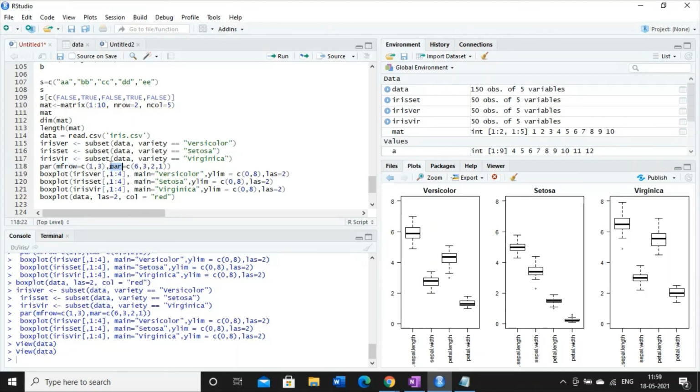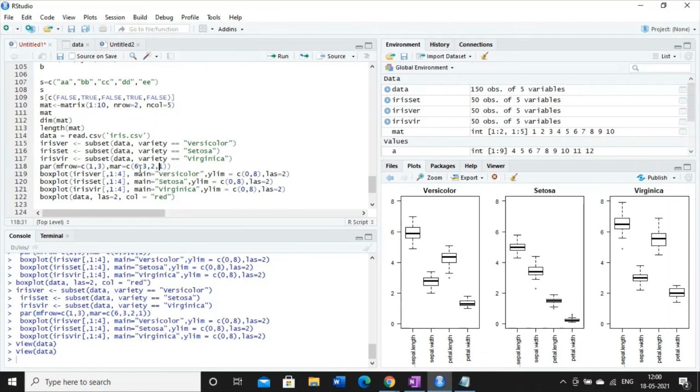And mar stands for margin. It is used to fix the margin size in the order: first the bottom, then left, then top, and then the right. And where should I get these values? I have written these values arbitrarily to get a better visualization, but you have to understand the default value is 5.1, 4.1, 4.1 and 2.1.